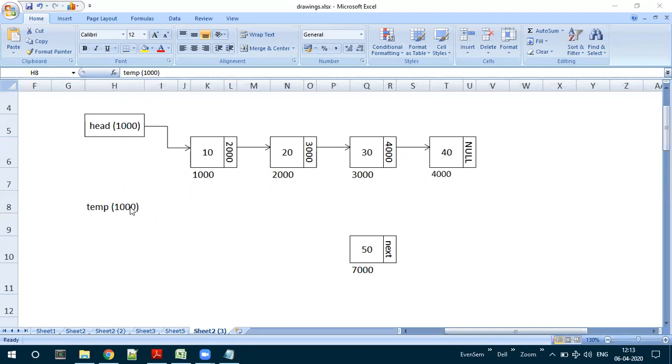Yes, next of 1000 means this node, whose next field contains 2000. So next of temp is 2000 here. There is a lot of disturbance when I try to unmute you for the response.